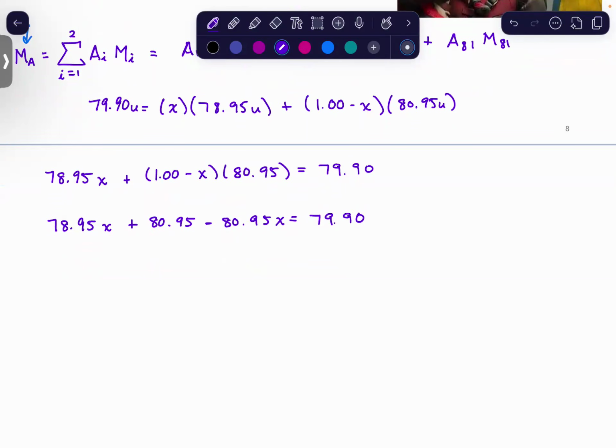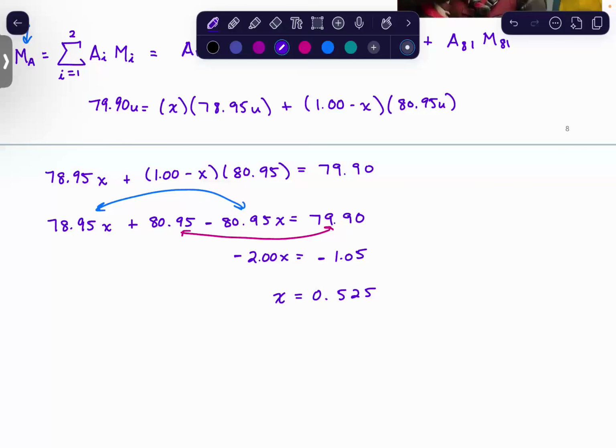I'm going to subtract the 80.95 from both sides, and then combine my terms with X. So 78.95 minus 80.95 is going to be a negative 2.0X. And then my 79.9 minus 80.95 is going to be a negative 1.05. The two negative signs are going to make everything positive, and X is going to be